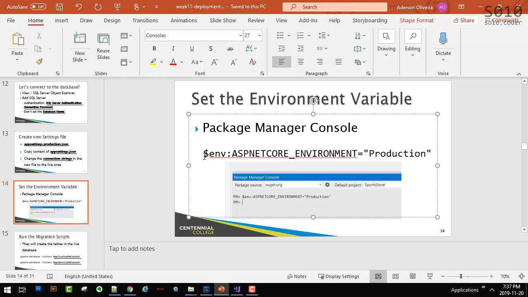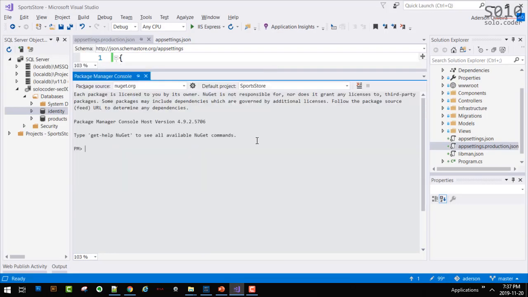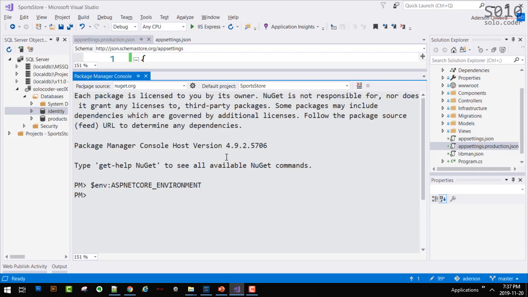There's an environment variable in ASP.NET called ASP.NET Core environment. You're going to be using the package manager to read the value of this variable. See, I just put this command here, and let me see if I can make it a little bit bigger.